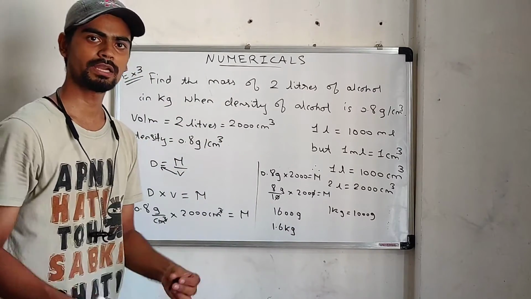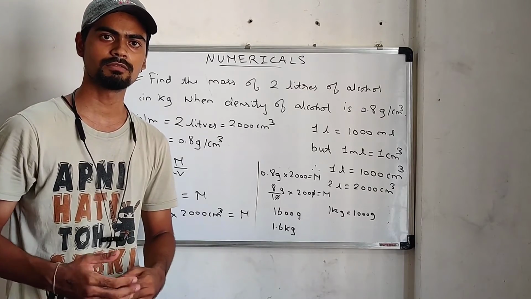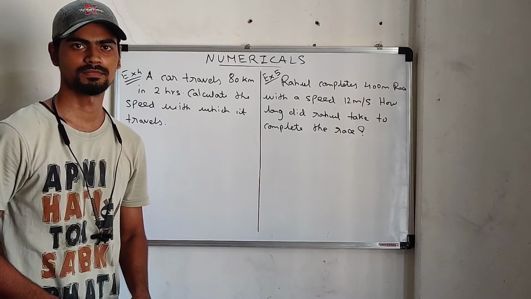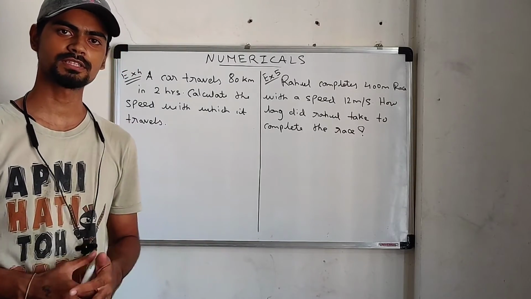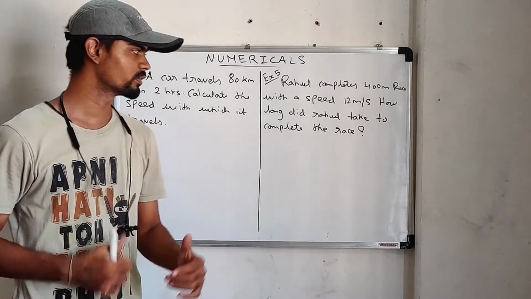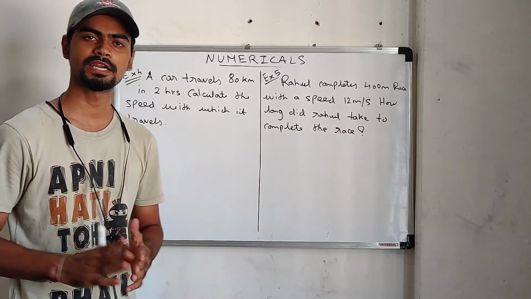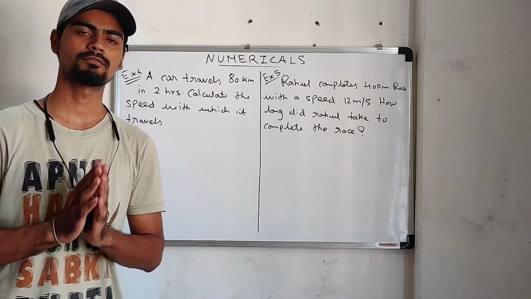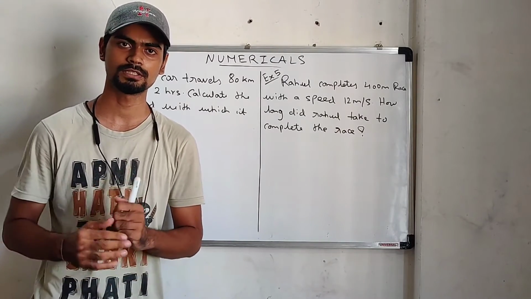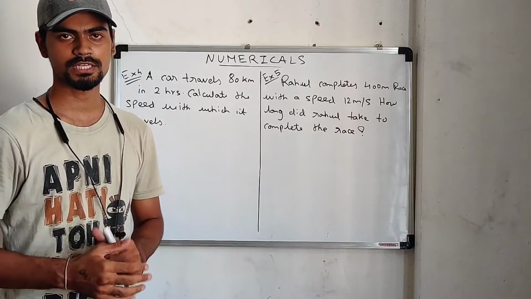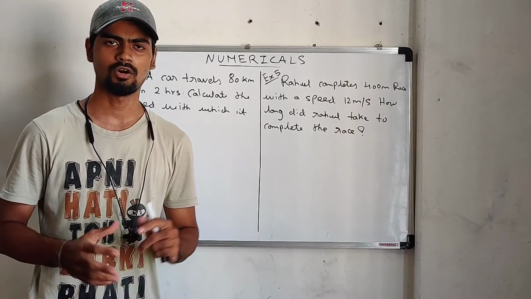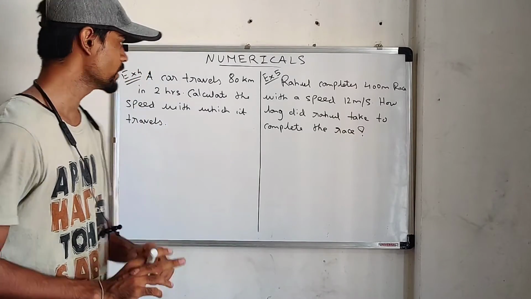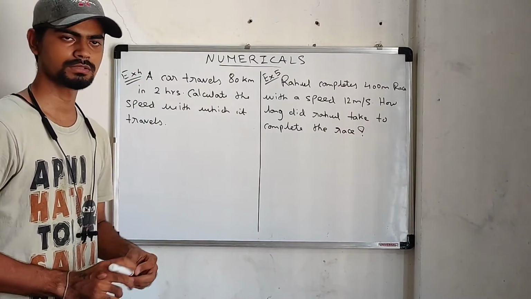Okay, so let us now look at the next example, which is related to the topic, that is speed. In the previous example we have discussed about the density. Now here we are having two examples related to the topic speed. And what is the formula, how to calculate the speed? That is distance upon time. Using this expression you can calculate the speed, or say any two data is given to you, the third data you can find out. Okay, so let us quickly look at the first sum related to speed.